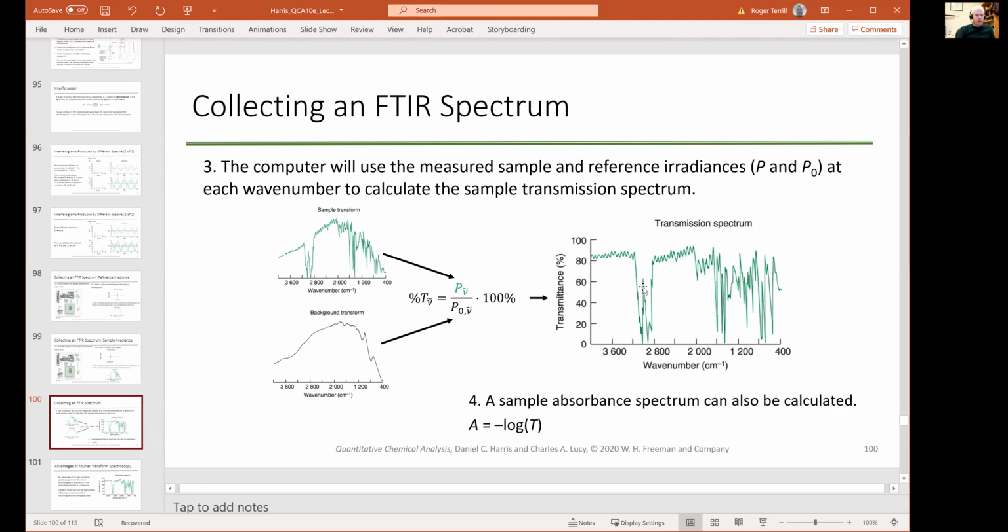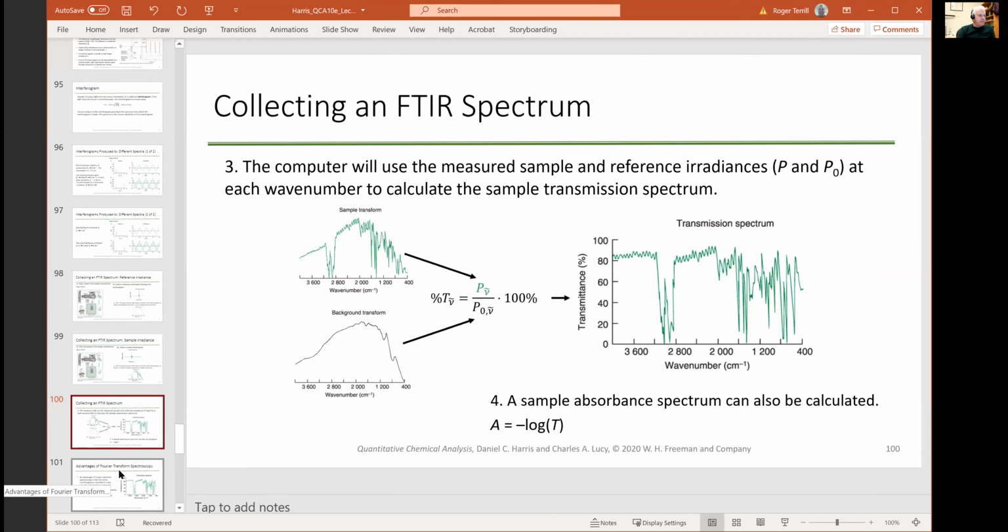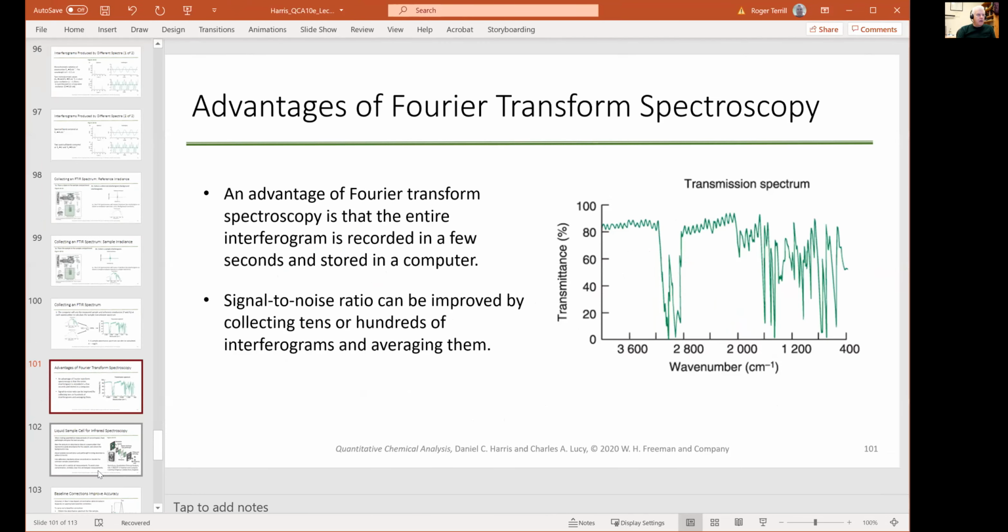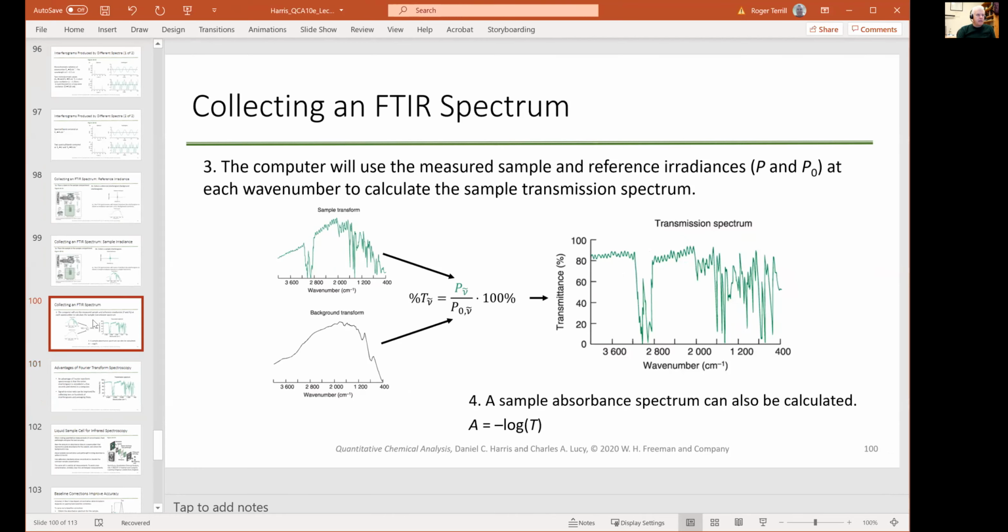And I hope your transmission spectrum looks better than this one, because this is a mess. This is the worst transmission spectrum I've ever seen. But here we go. Percent T is equal to P over P0, times 100%, right? And here it is. You can improve the signal to noise generally by adding more